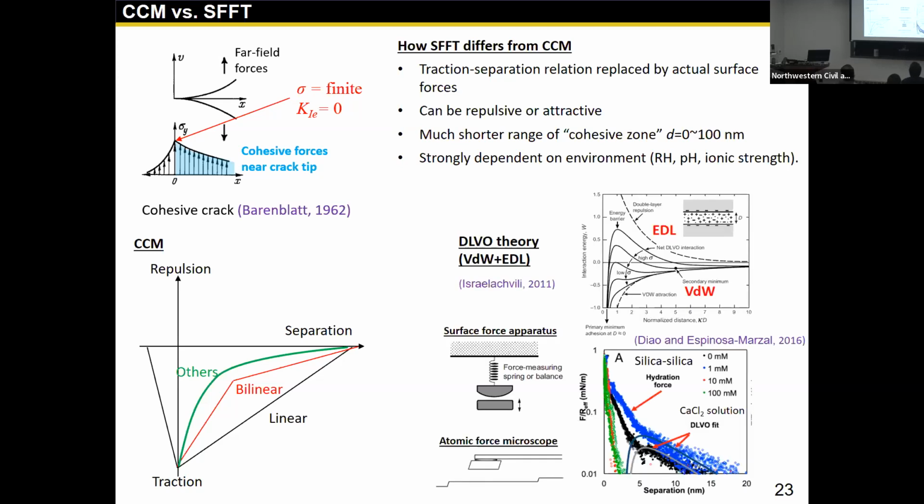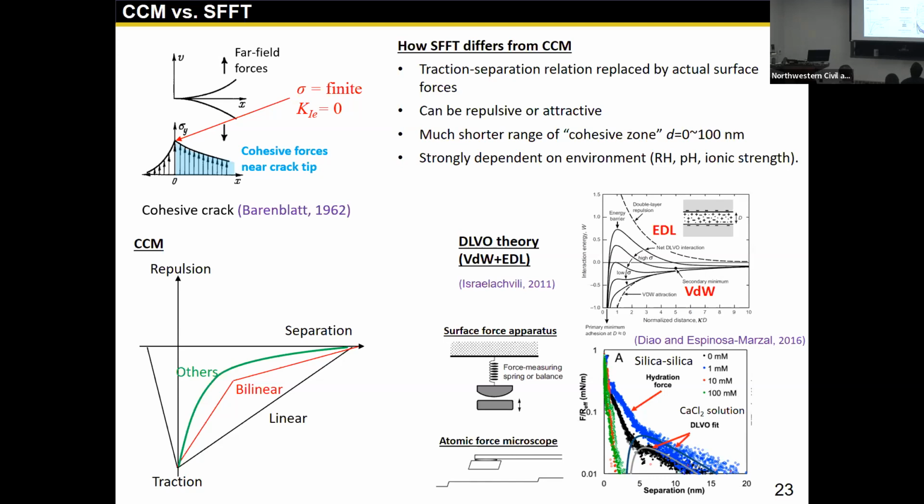But the surface force model does not make that assumption. We take the surface force from the physical interaction between molecules and surfaces. For example, the celebrated DLVO theory considers van der Waals attraction and electrical double layer repulsion for this surface force computation. If van der Waals dominates, then indeed attraction shows up. But if electrical double layer repulsion is dominating, then it will suppress the attractive range.